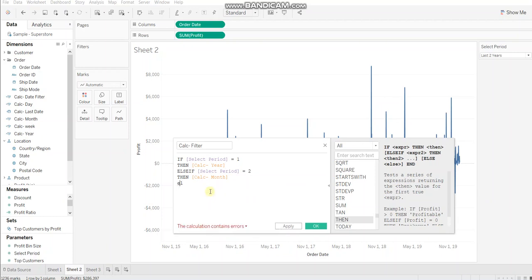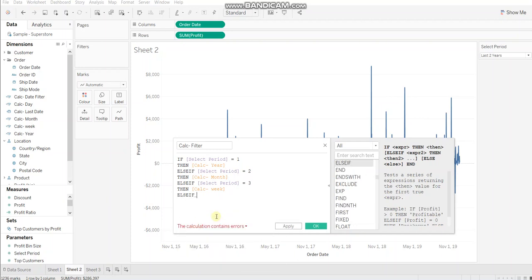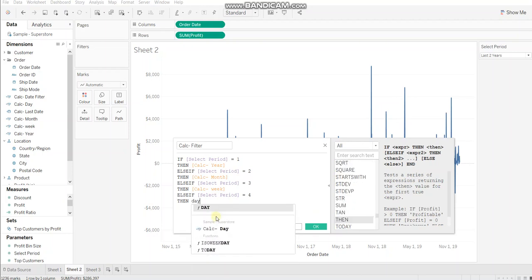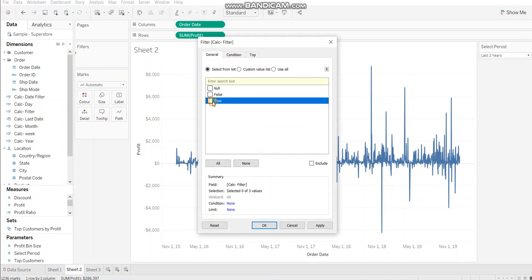Else if select period equals 3, then week. Else if select period equals 4, then day. End. Click OK. Now we'll bring this calculated field over filter, select true and click OK.